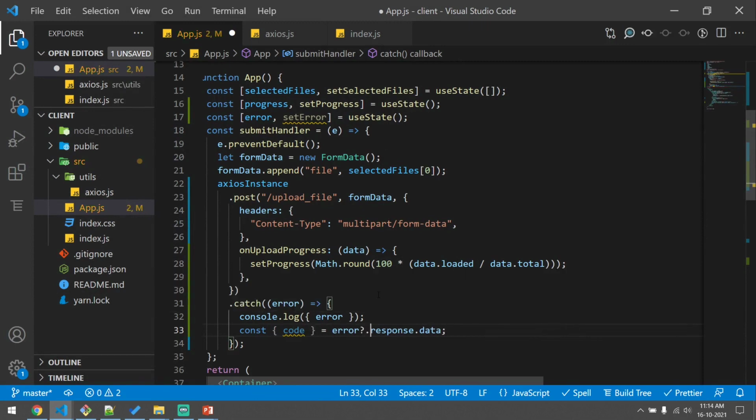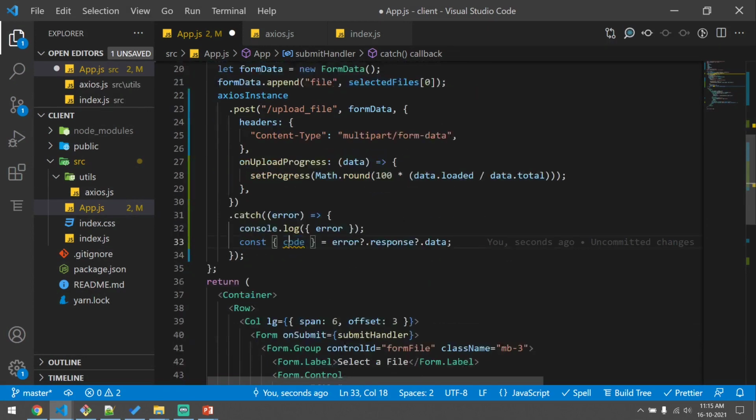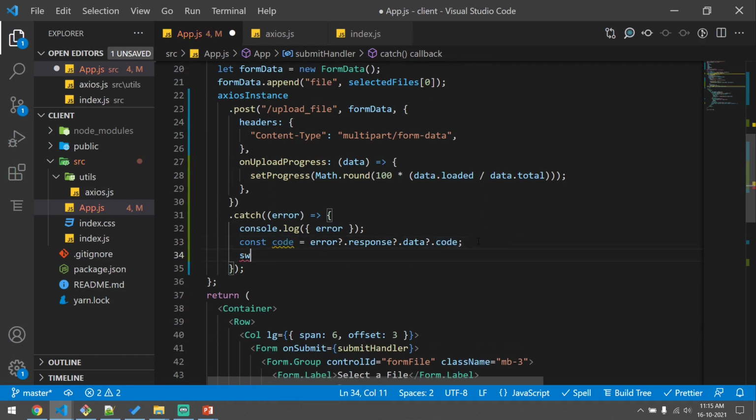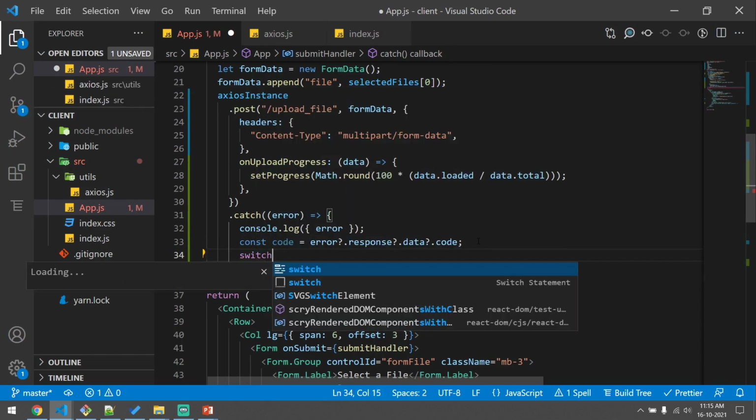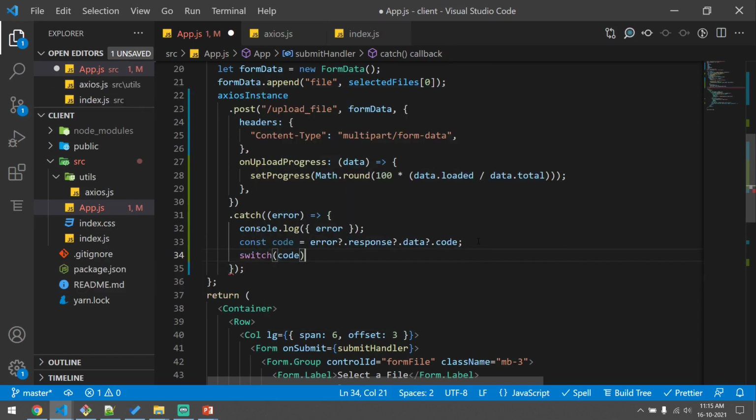I'll just add optional chaining here so that the catch block itself doesn't throw any error if this response and data is missing. Thinking of that, we'll have to do this for the code also, otherwise if code is missing we'll get an error. So I'll just do .code, and since we'll have multiple errors, let us write a switch block where we check for the code.